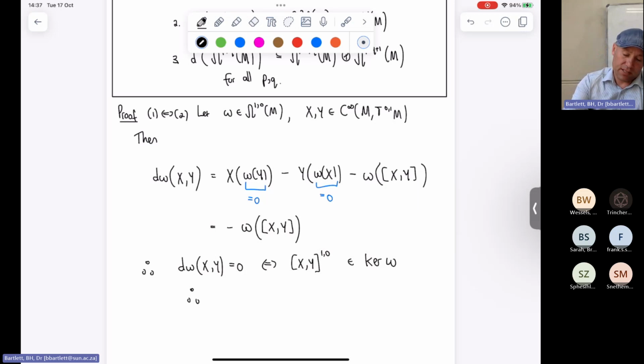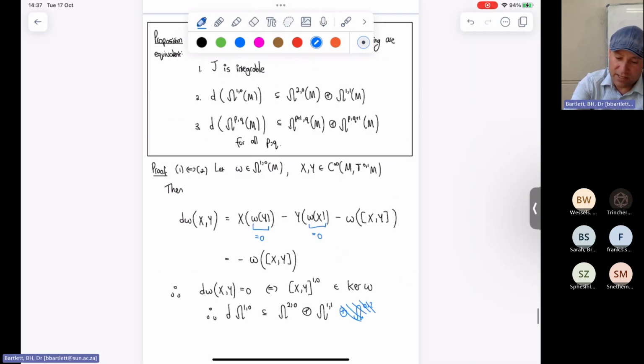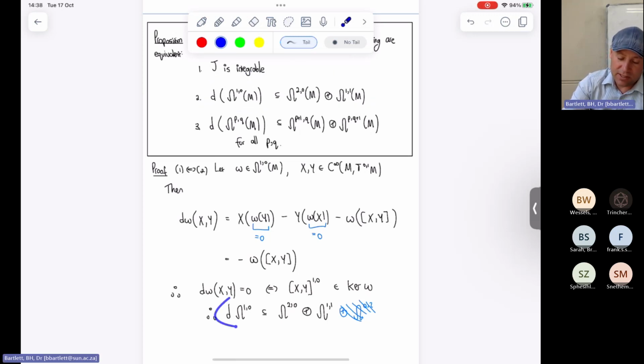So let's see. That means that when I start with a 1-0 form, and I want to know whether I'm going to get out something that lives just in 2-0 forms and 1,1 forms. Notice I'm leaving out the 0,2 forms here. If that's the case, which is the thing I'm trying to investigate, that's claim 2. So this is the case if and only if